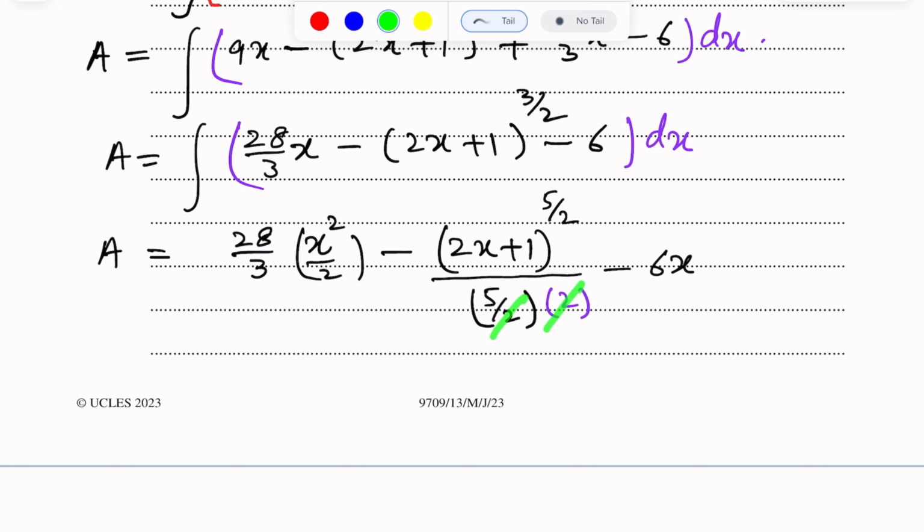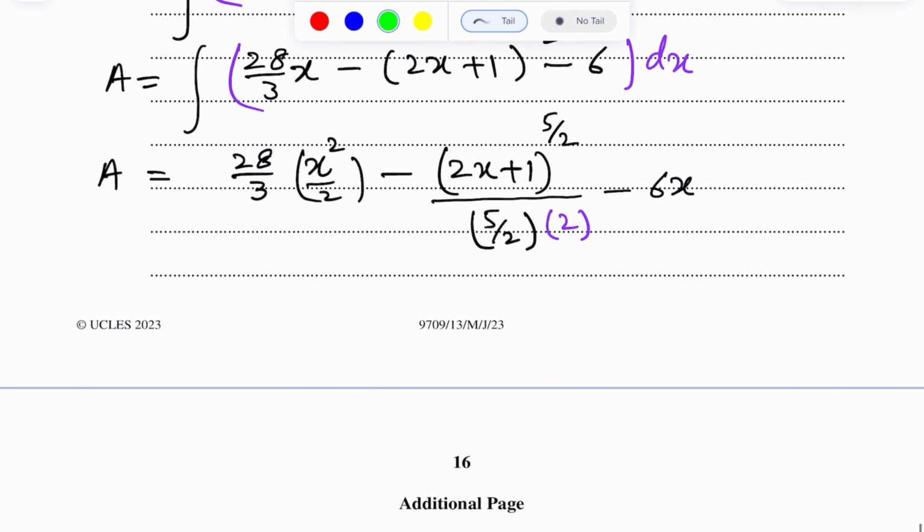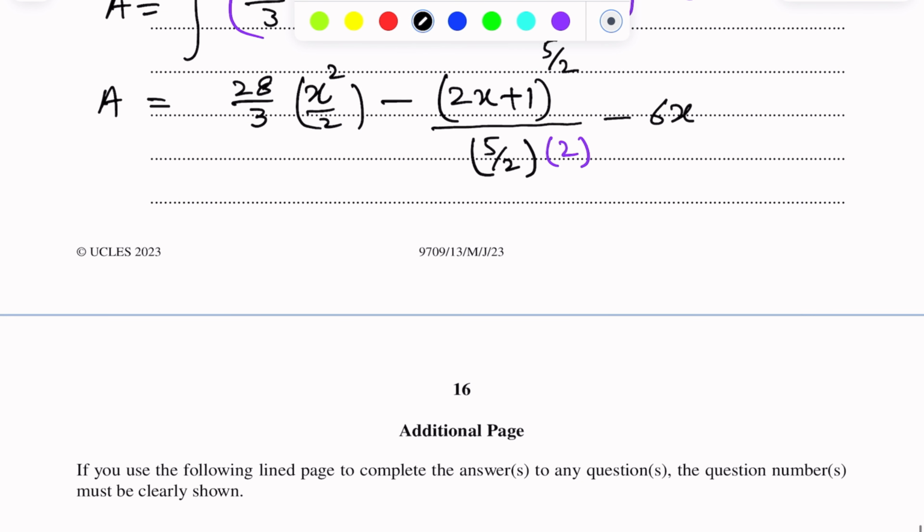This 2 cancels out. So finally we get, 2 is also cancelled out with 28, and here it becomes 14 over 3. So after simplifying we get A is equal to,